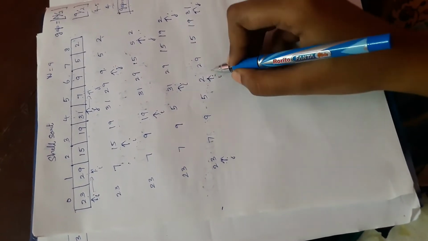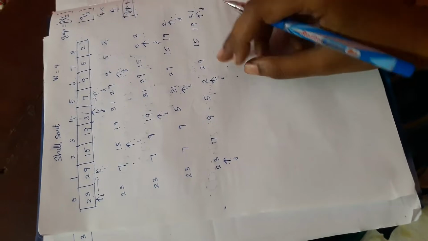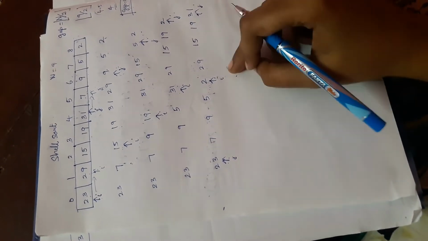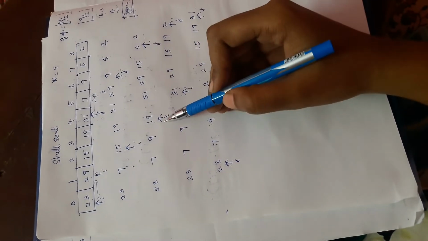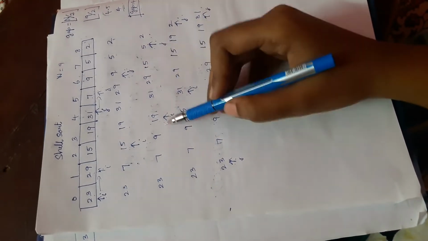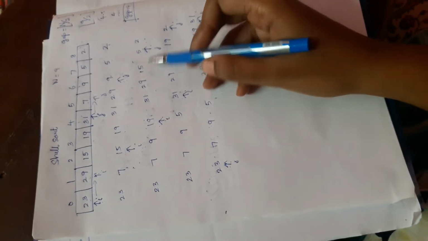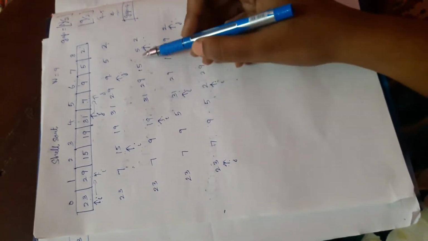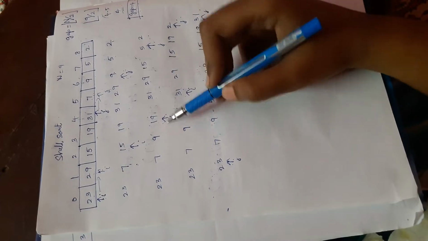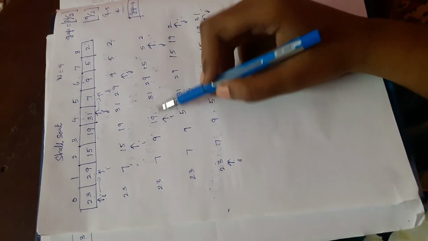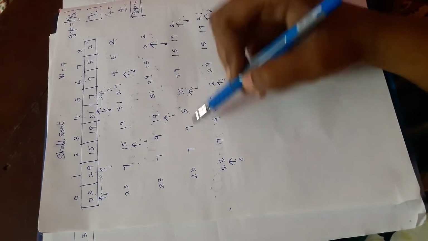Now we are checking this. You may ask why, after doing the shift, we are now checking the front value. Yes, so I will explain that. Suppose I take this point. Okay, i is here and j is there. The gap was 4: 1, 2, 3, 4. So I am comparing 19 and 5. I am doing the shifting. So j will go here and there. So before that, after shifting, the values will be here.